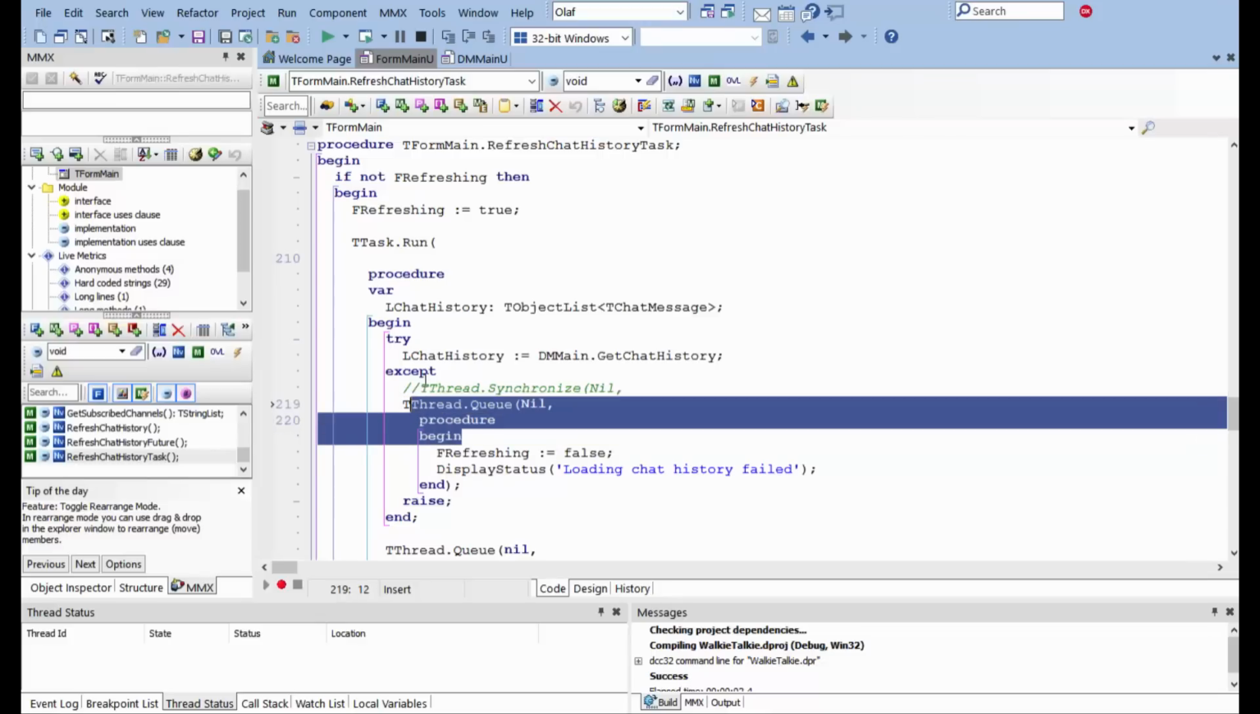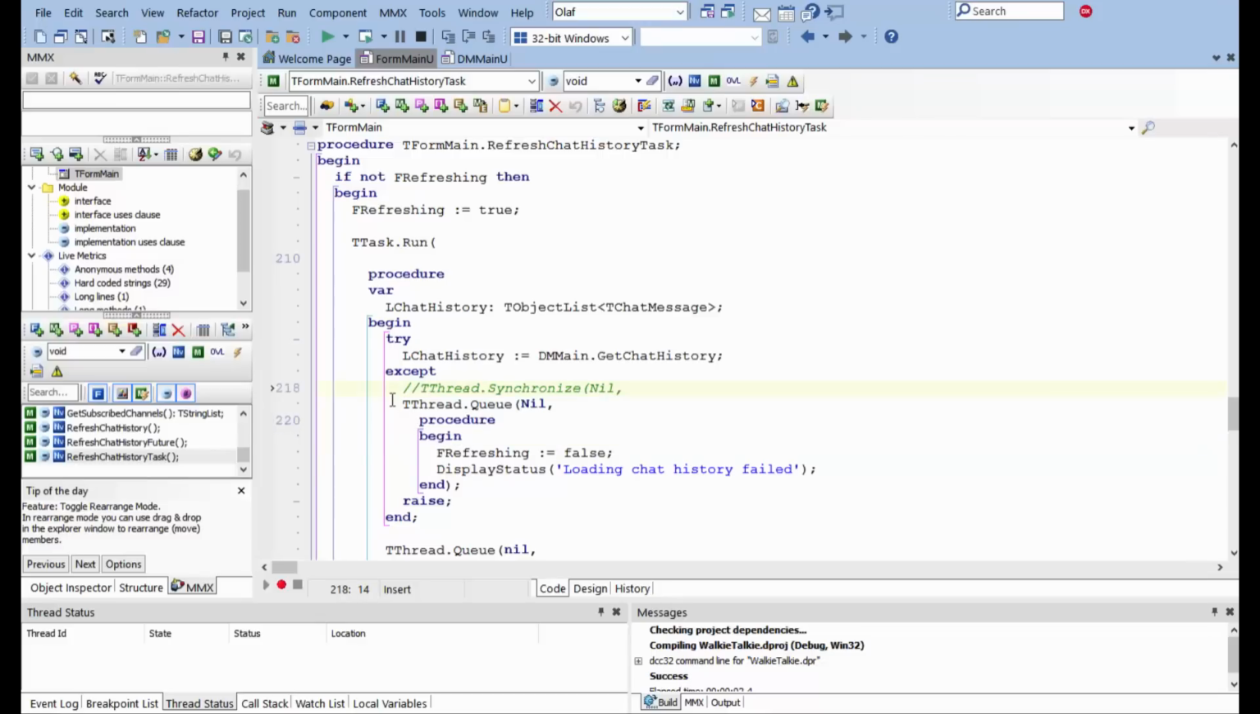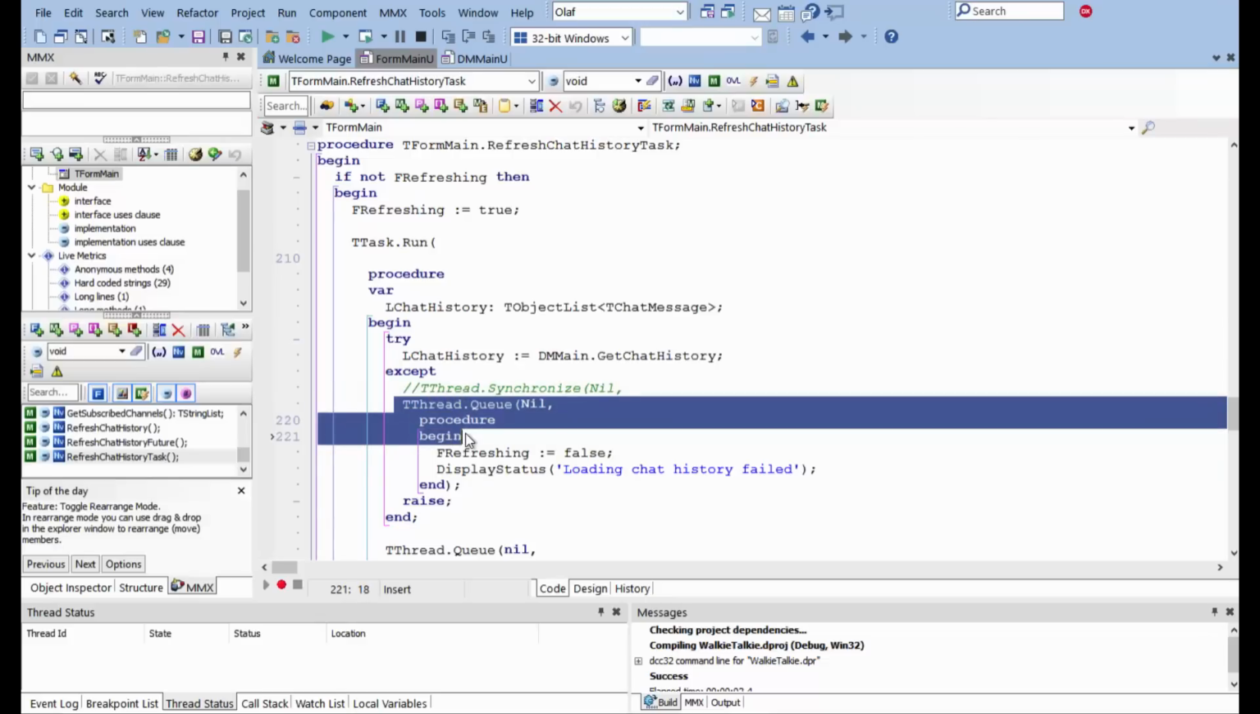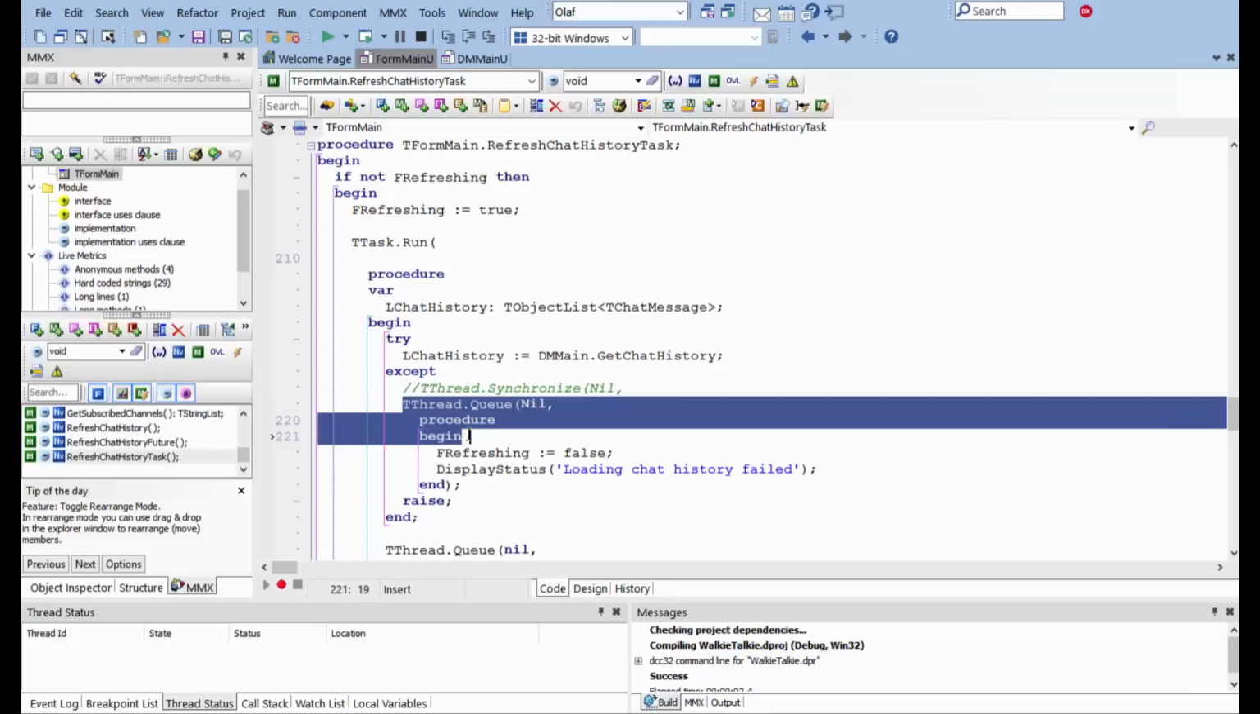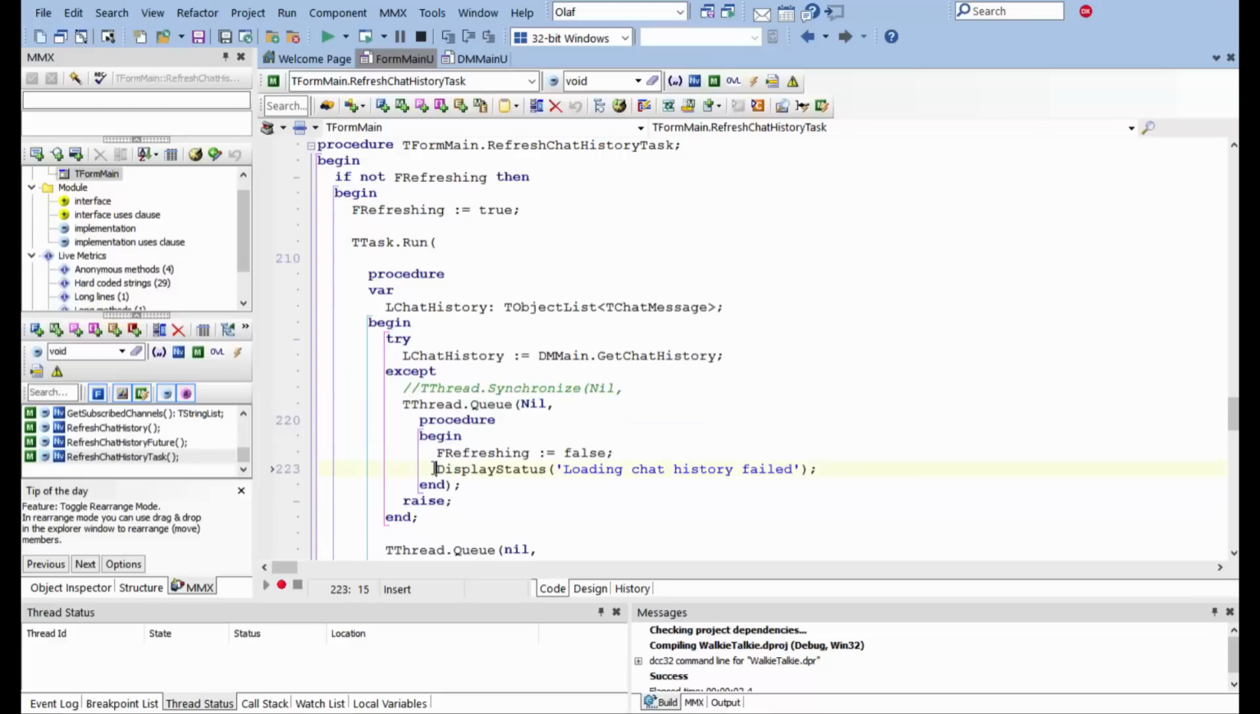And turn it into an anonymous method again. So you basically just have to put in these 3 lines of code and this final line of code. So you can go through your serial code and add some additional lines of code for synchronizing the code that needs to be executed in the main thread